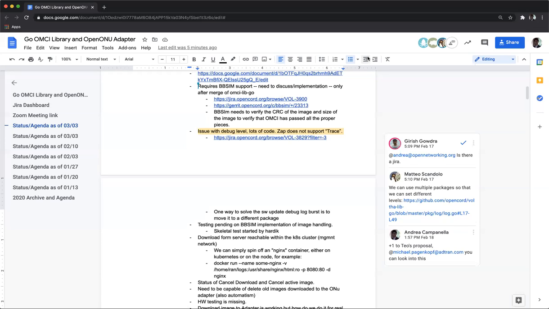What I want to point out is that it's fine to have a test, but in my point of view, it should be a very basic test only. The problem is that with the current user interface, you cannot really find out if the download to the ONU was really successful, if the commit was done.